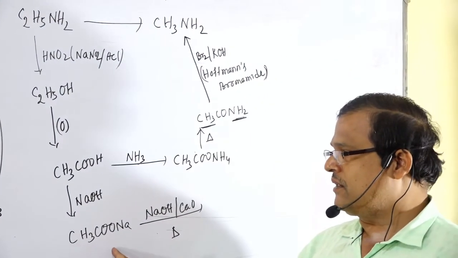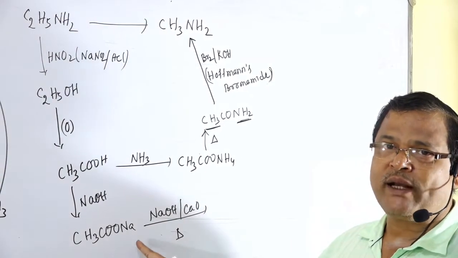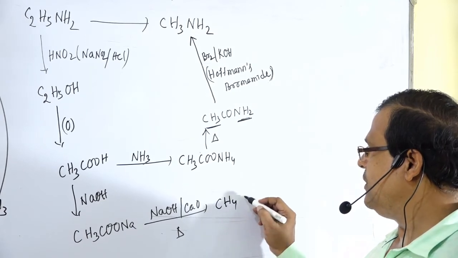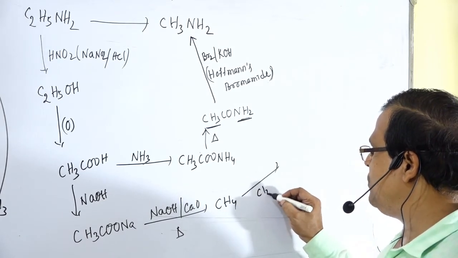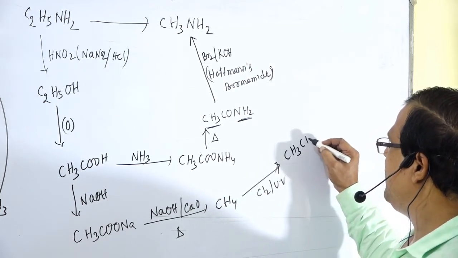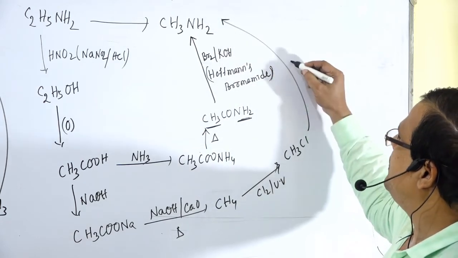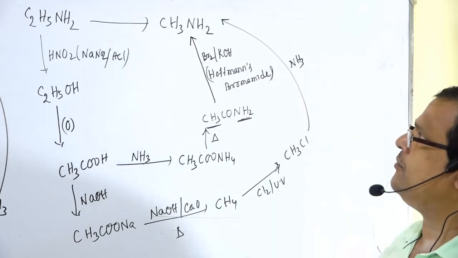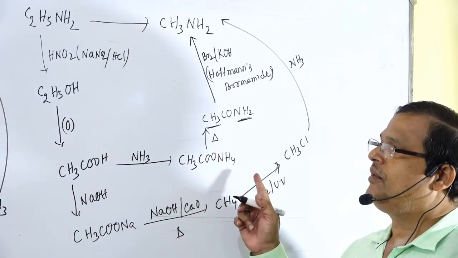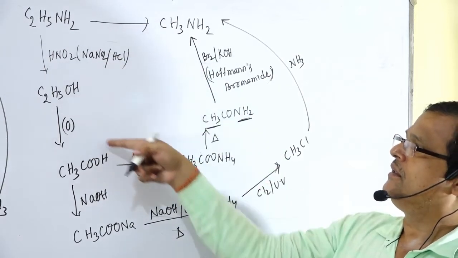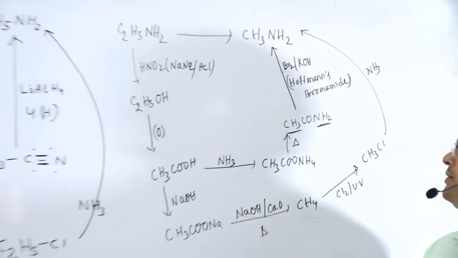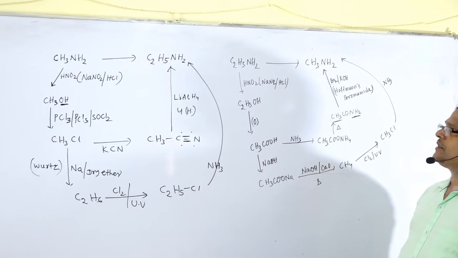This is the Dumas method, decarboxylation, used to decrease the number of carbon atoms. There is the formation of CH4, which is treated with Cl2 in the presence of UV to form CH3Cl, and this compound is treated with NH3 to form methylamine. This is another method, but it is treated as less suitable; the first example I gave is the suitable method.